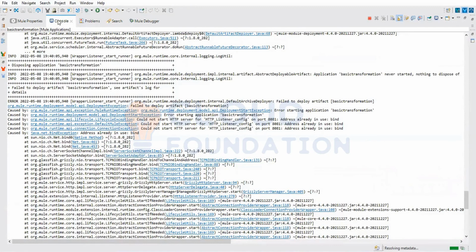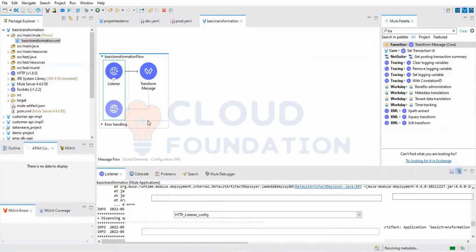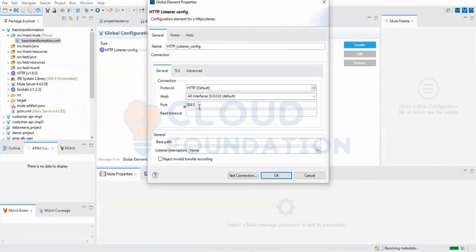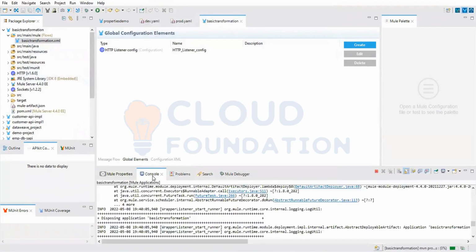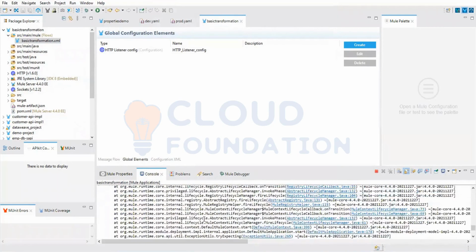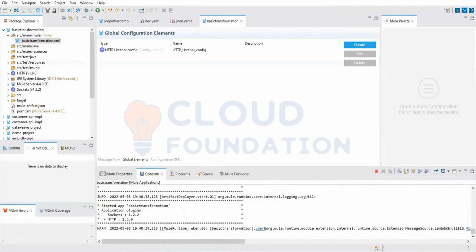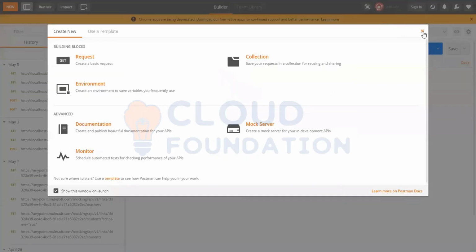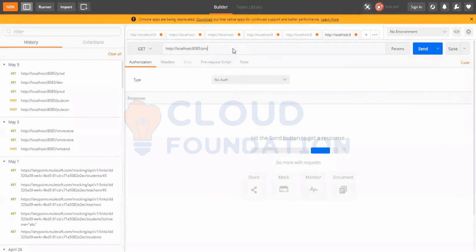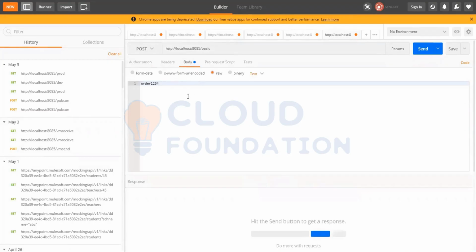I have deployed some server with the same 8081 port, so probably 8081 is not working for me. Oh yeah. So it started. Let me open Postman. Localhost 8081, I use the path as basic and the POST method, with the body as XML as my input. What input I'm sending is